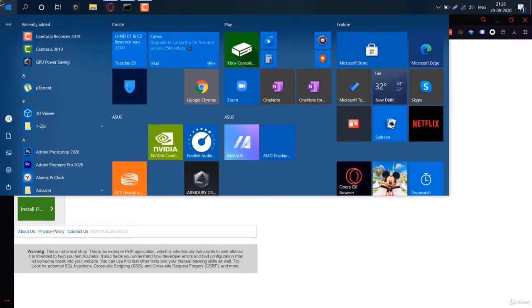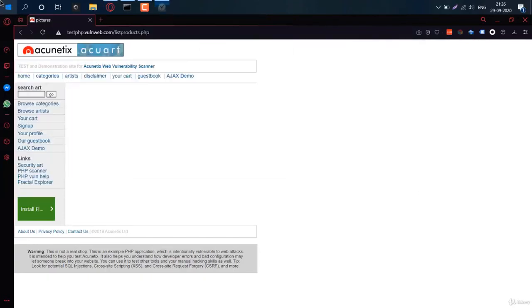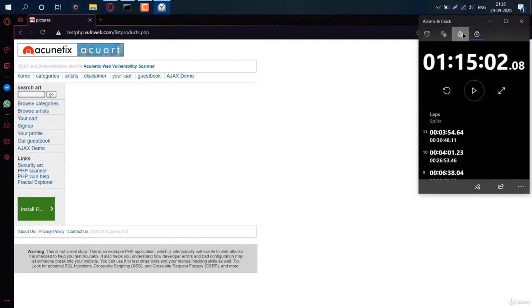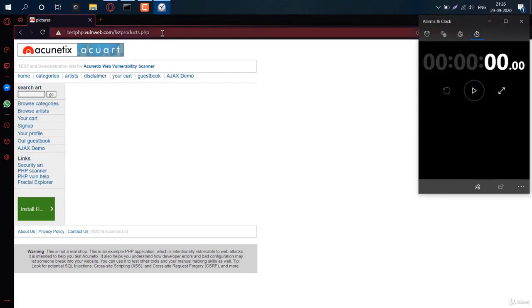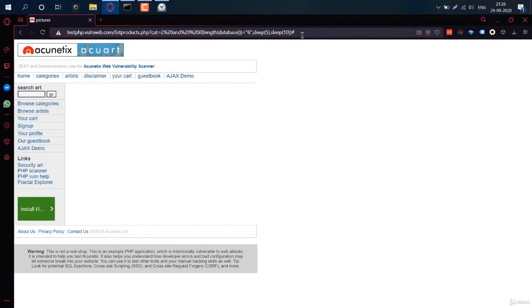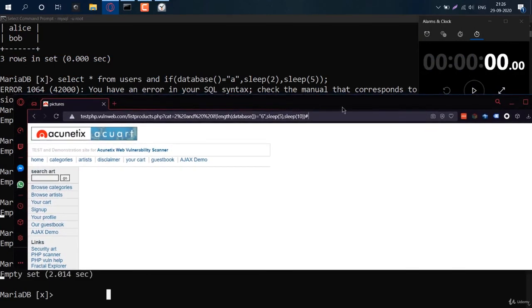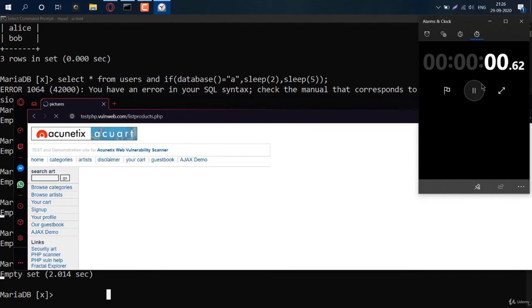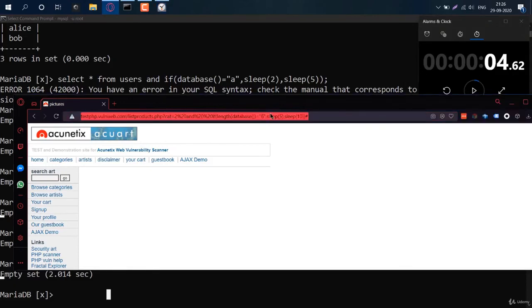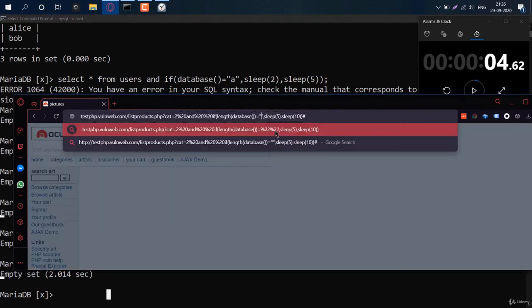Let me go ahead and start a stopwatch instead. This should be easy. So I'm going to say, and do we get the result here? Here we go. We got the result in almost 4 seconds. But still, because I started it and it took 1 second to come from the browser to the stopwatch, it took 1 second over there. If I do a wrong statement like 5,